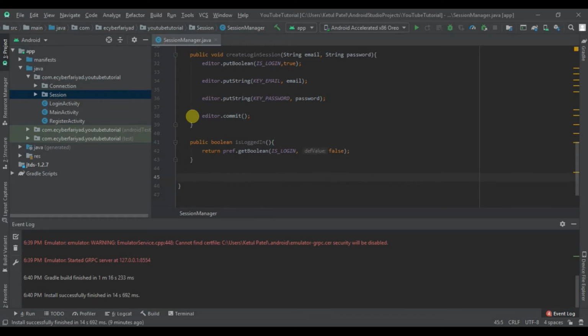Now after this we are going to create our checkLogin function. So when user logs into our application, the application will check if the user is logged in, and then it will redirect him to the main activity. Otherwise, if the user is not logged in, then it will redirect it back to the login page. So for that, write public void checkLogin,